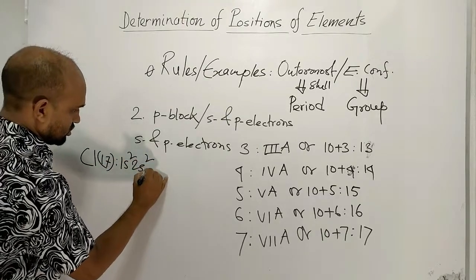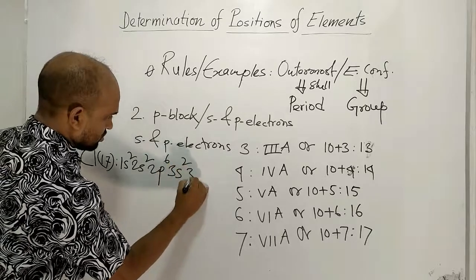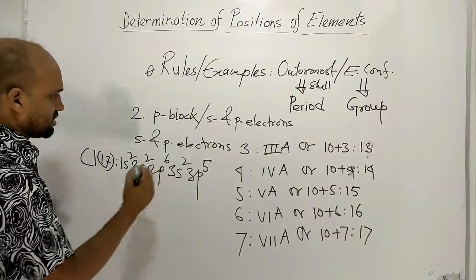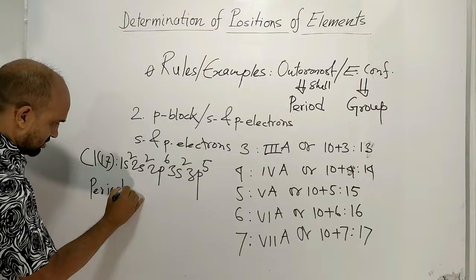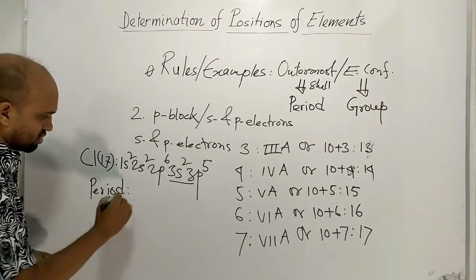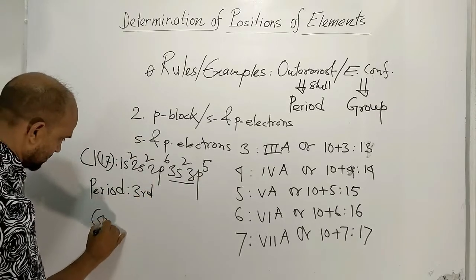1s2, 2s2, 2p6, 3s2, 3p5. This is 17 electrons. Its period is determined by the last shell, which is the third shell. So chlorine belongs to the third period, and its group is